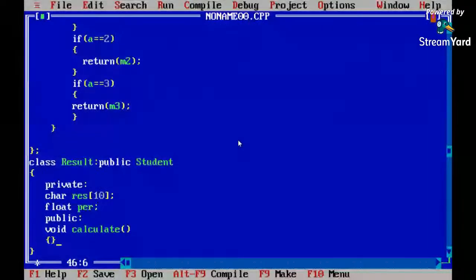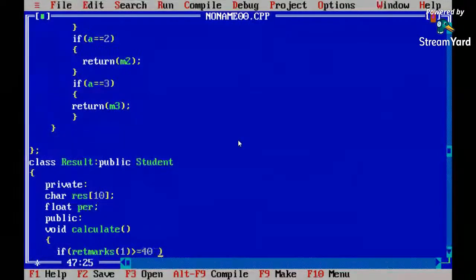So the condition to check whether the student passes or fails is what: if ret marks 1, that means it will return the first subject marks, 1 greater than equal to 40,